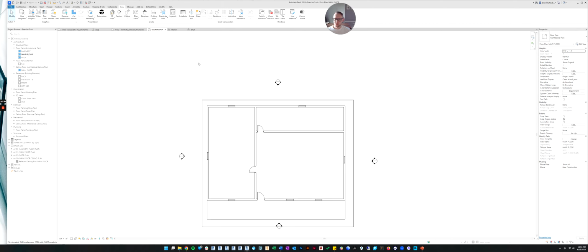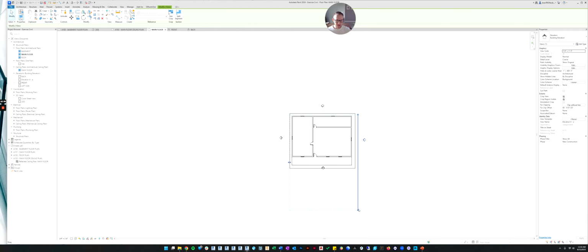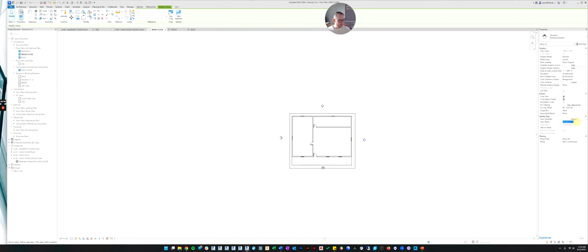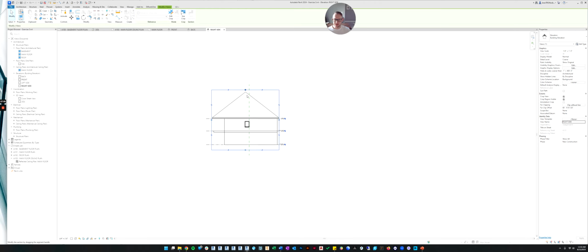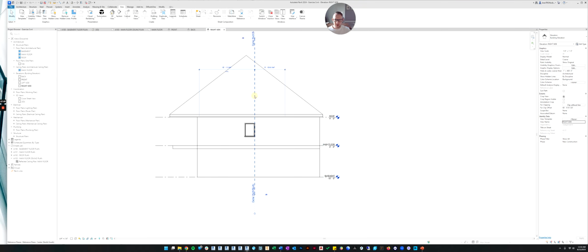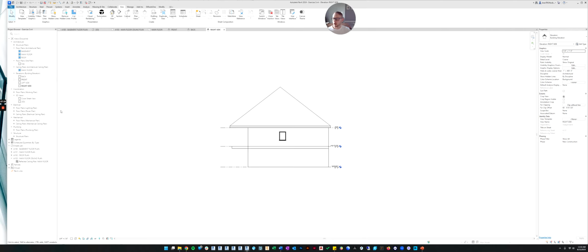All right, so we got one more to do. You're going to get really good at it because this is repetitive. Oops. I always accidentally grab the line rather than the dot. There we go. Let's name it right side. And then let's double click to go into the view, and we'll quickly fix the top and bottom crops. We'll turn the crop region off, and then we'll hide the category. Okay, now we've got all of our views.